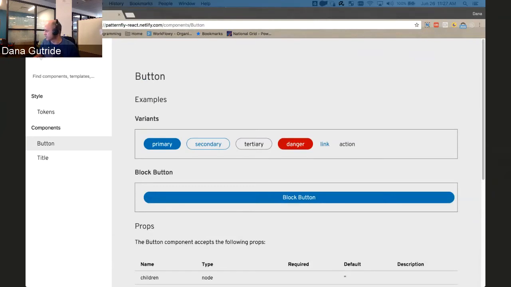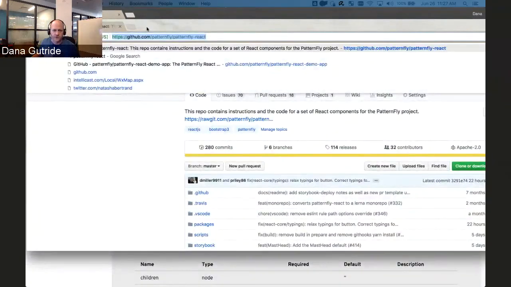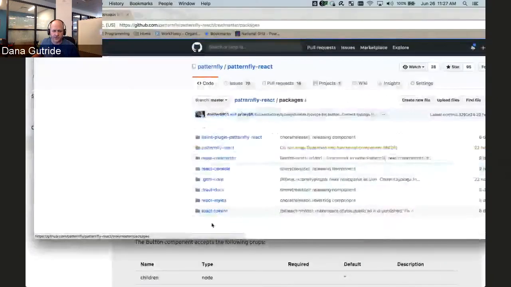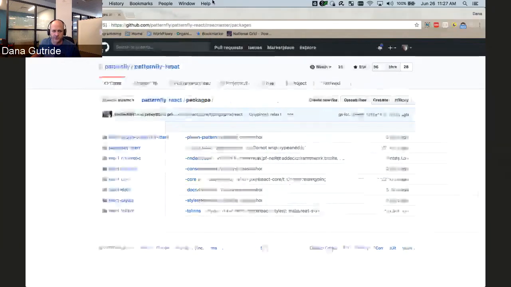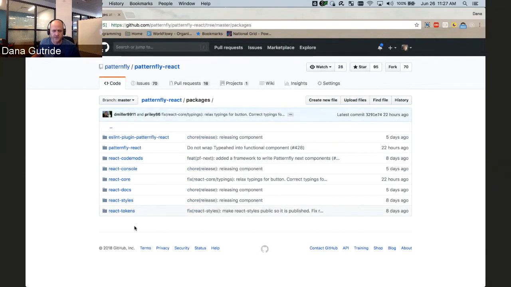And then just to show within PatternFly React, the way the code is laid out, I bring this over. You'll notice there's inside of packages here. Now we have multiple things happening within React. So there's the old PF3 section, and then we're starting to see a good breakdown for PF4. And there are some nice enhancements added. Not only are TypeScript definitions available for consumers if they want to use that, but we also have the PF4